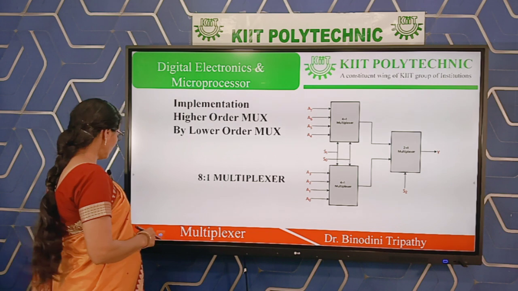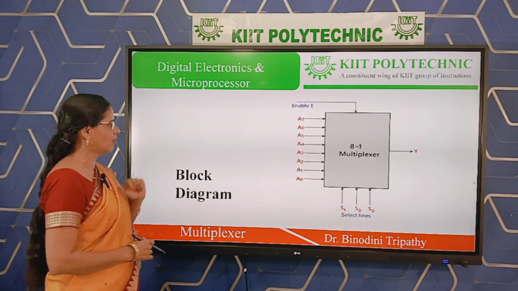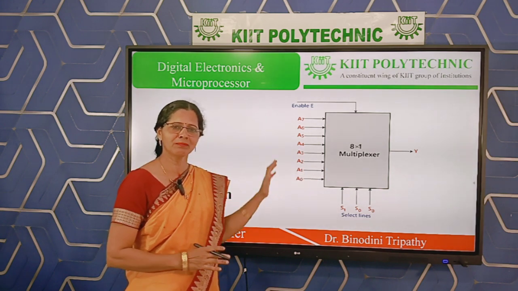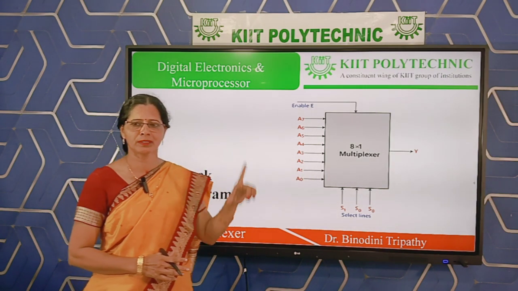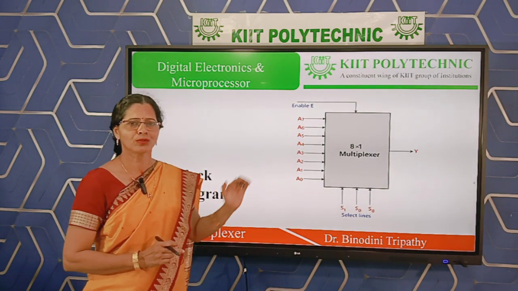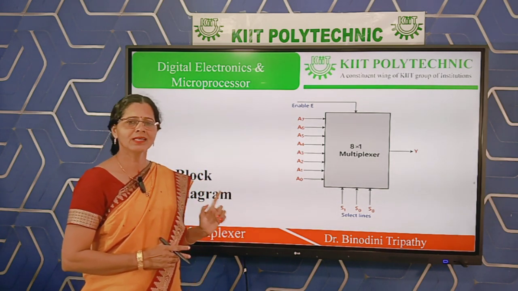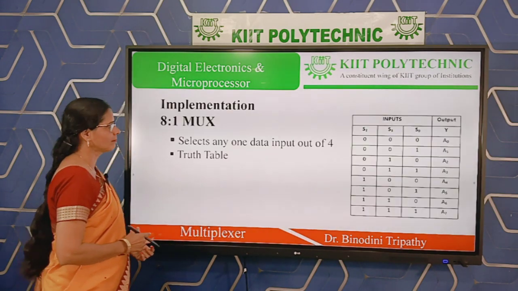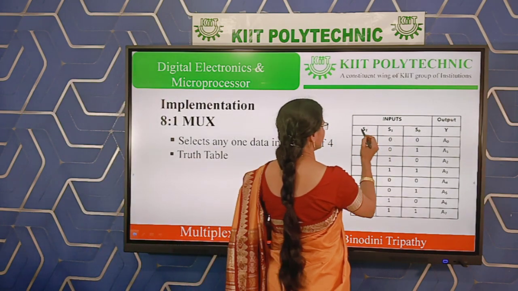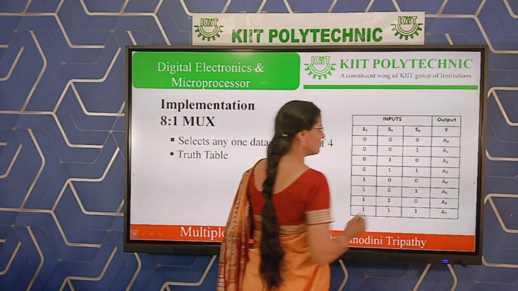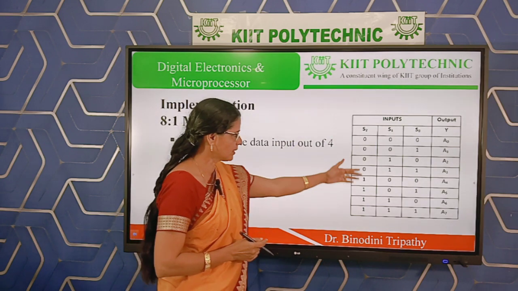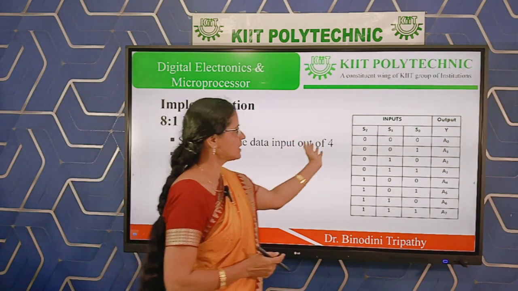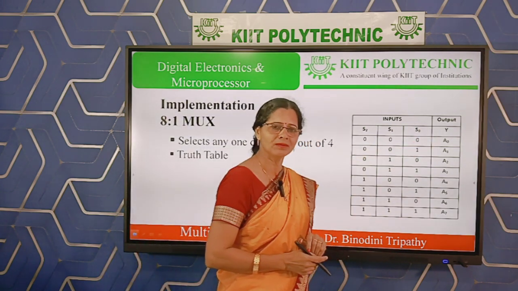Then next we consider, just like your 8:1, similarly you can implement 16:1, same format. 16:1 means total number of inputs 16, 1 output, total number of AND gates will be 16, and selection inputs will be 4. In the same way we can write the truth table, with S3, S2, S1, S0, 4 selection inputs. For 4 selection inputs, there are a total of 16 possibilities, and for each possibility 1 signal will be available.